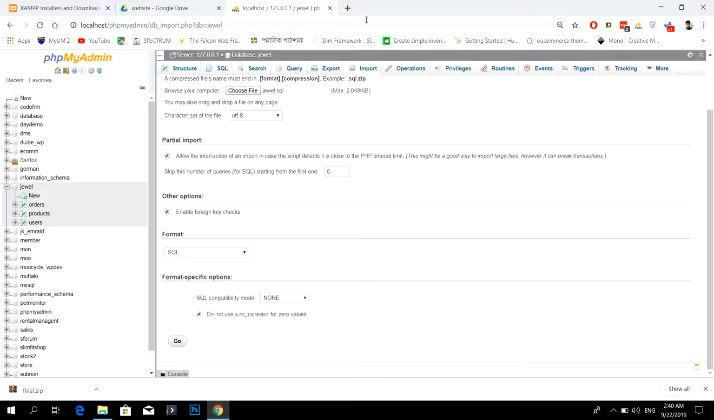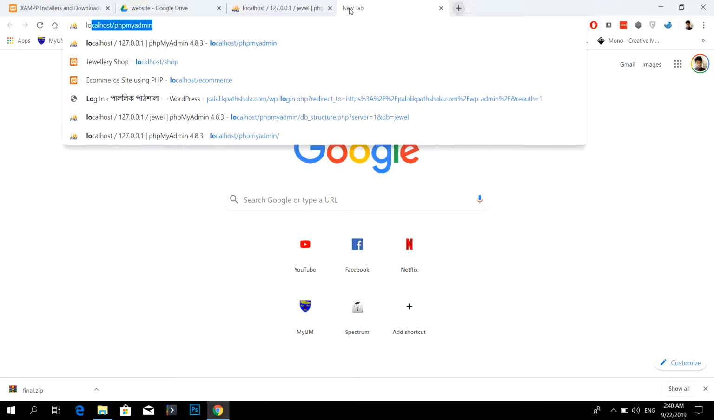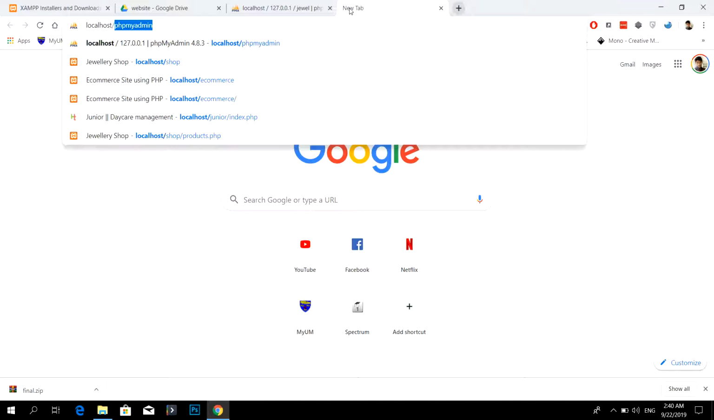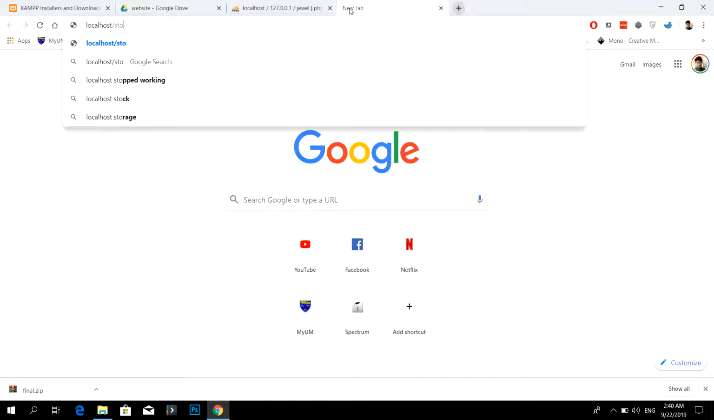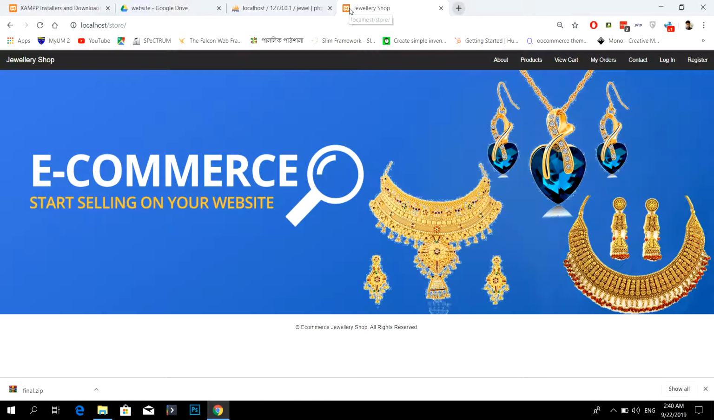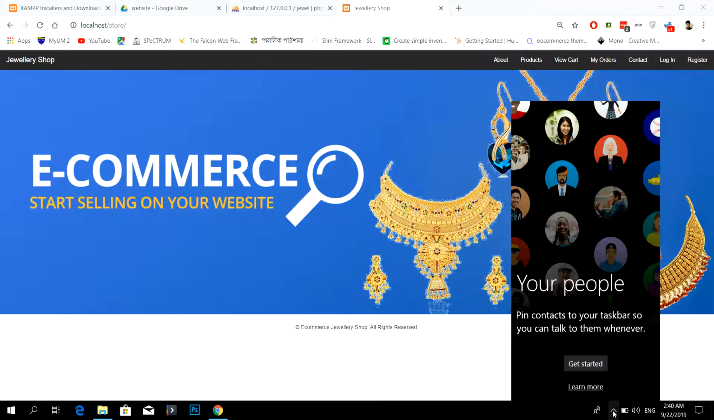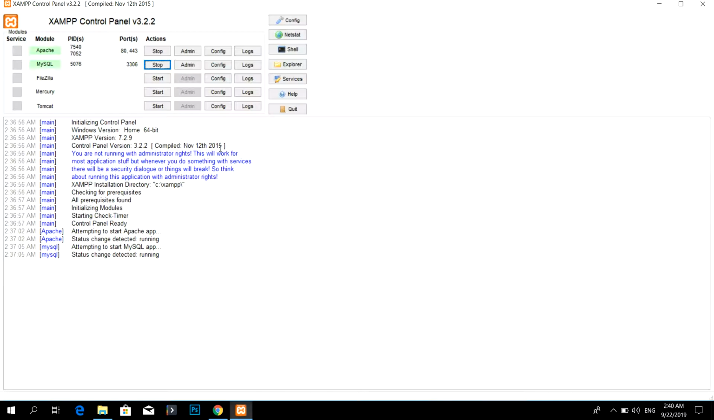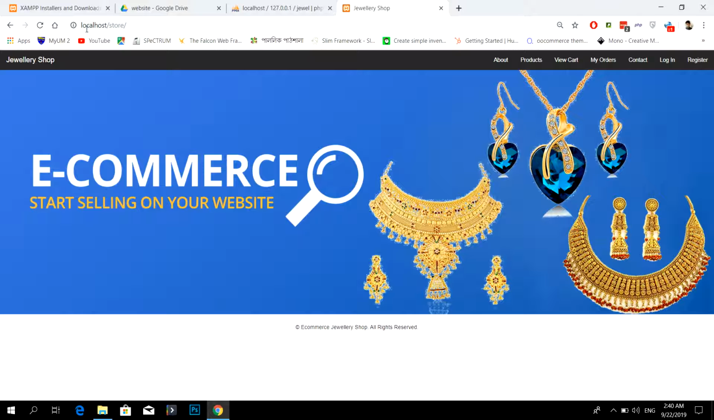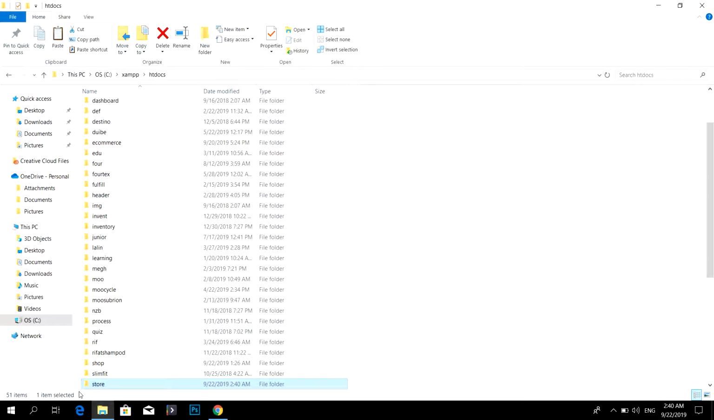Done. Go online, click localhost / your folder name, which is store. Enter. Here you will find your website. Every time you want to view the website, you must turn on this XAMPP. You must turn on Apache and MySql first. Then anytime you write localhost / your folder name, which is store, by the way, here you will see the